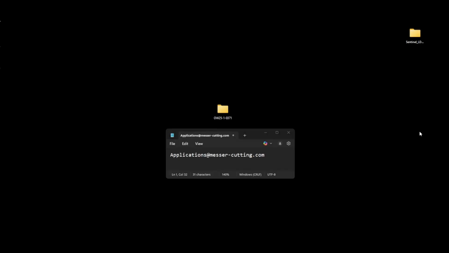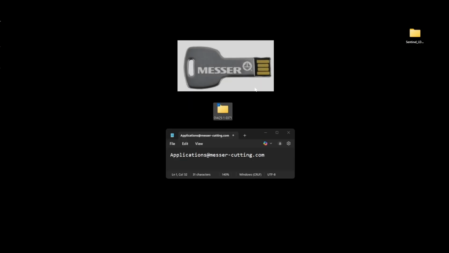This tutorial will show you how to install OmniWin for a single workspace. This install will create a local database which is contained on the local PC and will only be accessible from that PC. First, you will need the OmniWin installation files that are found on the Silver Messer USB key, or